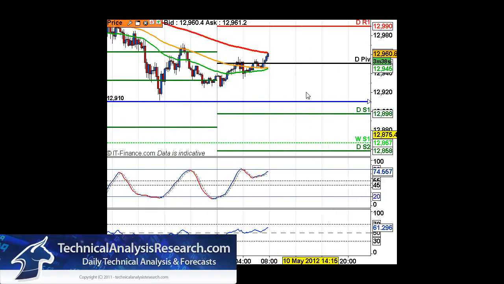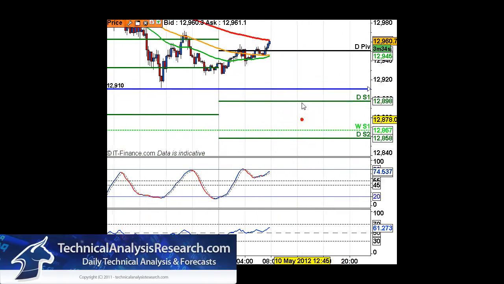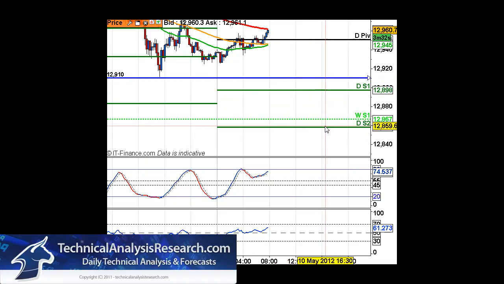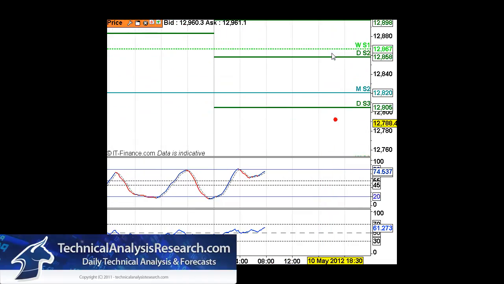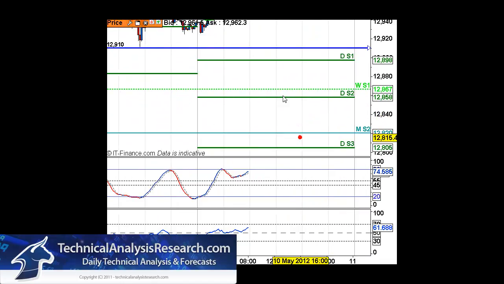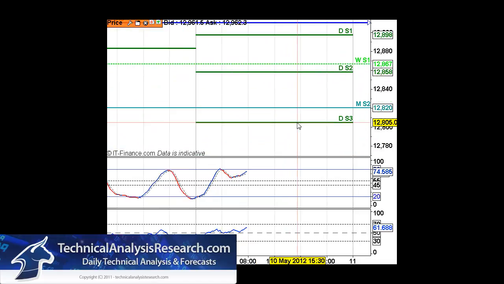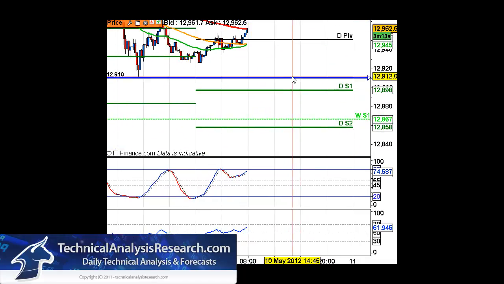The other scenario would be for a break of that 129.10 level, but that's going to be a little bit tricky because we've got multiple support confluence zones just below that support level, so there's not a great deal of profit. The time you break out of these, you really have to wait for a pullback in order to maximize your profit because the next support regions are pretty much close by. Okay, you couldn't just trade a breakout